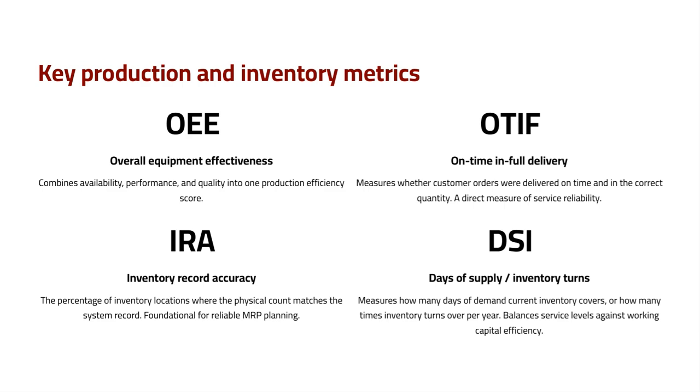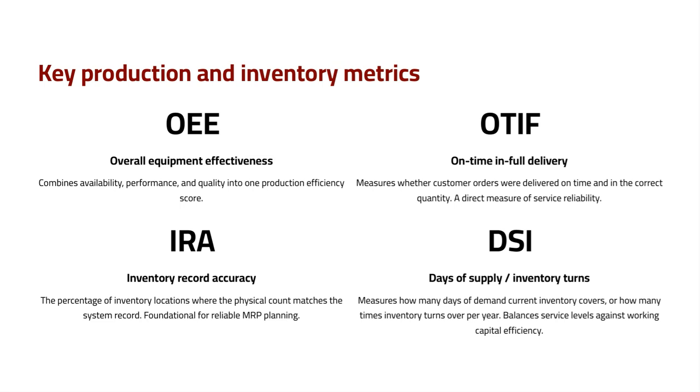First, we have OEE, or overall equipment effectiveness. This metric combines availability, performance, and quality to give us one clear measure of production efficiency. Next is OTIF, which stands for On Time and In Full delivery. This tells us whether customer orders are delivered both on time and in the correct quantity, making it a direct